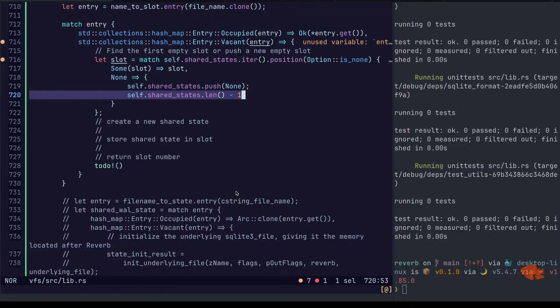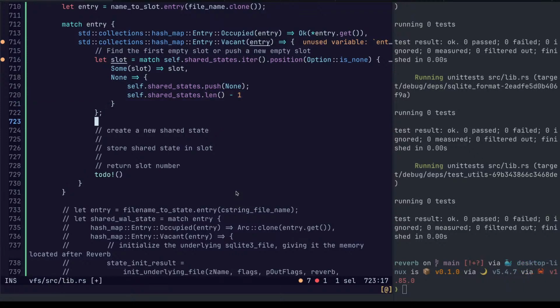I think this is correct, isn't it? Let's see. If we had nothing in there, and then we push something on, the length would be 1, but we need it to be slot 0. Okay, that's correct. Create the shared state. Here we can just return slot.